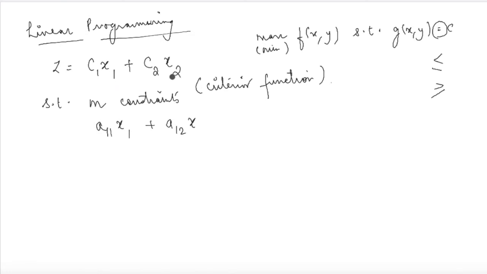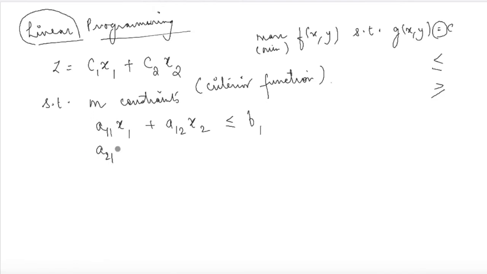So here we have written x1 and x2 in the criterion function. And in the constraint, you will have this inequality sign. So instead of the equality sign, you have an inequality sign. a11, a12 are the coefficients which are attached to the decision variables in the constraint function. The constraints have to be linear. That's another condition that you need to remember. That's why the name linear programming. The constraints have to be linear and the constraints have inequality signs.